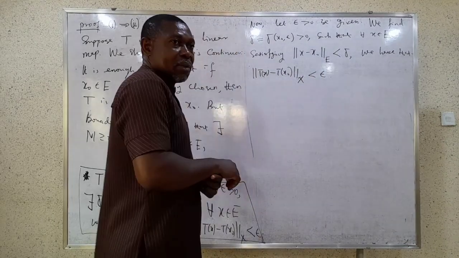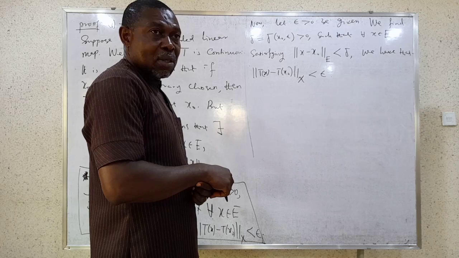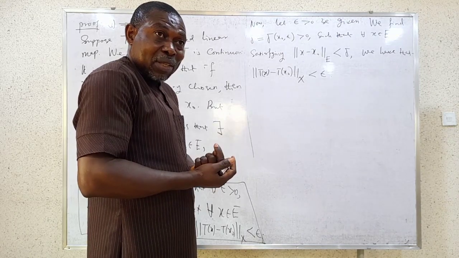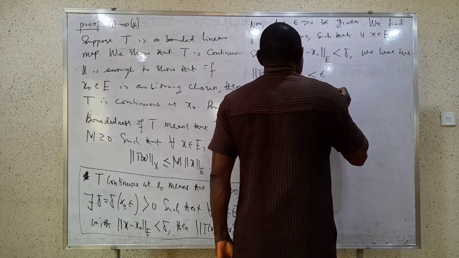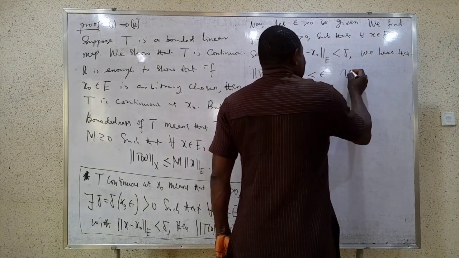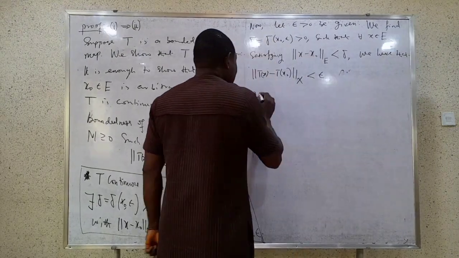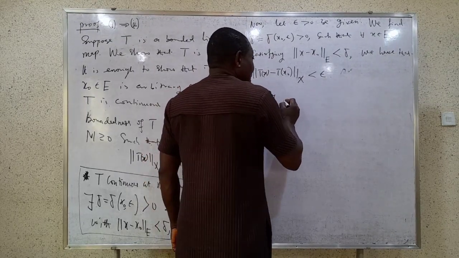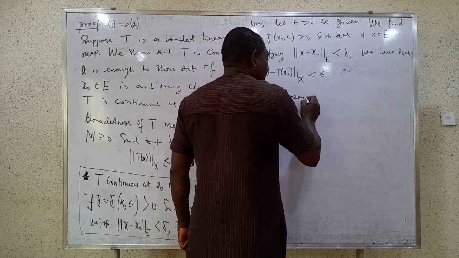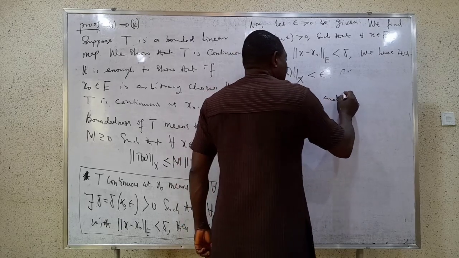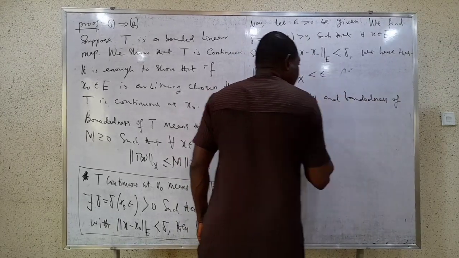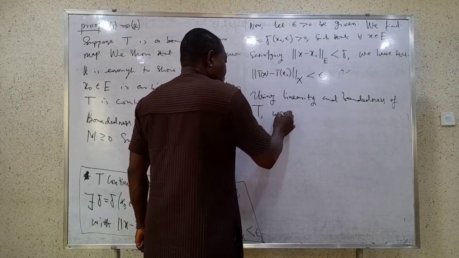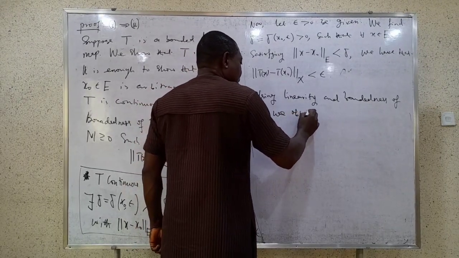Epsilon. But T is linear and bounded. Now, using linearity and boundedness of T, we obtain